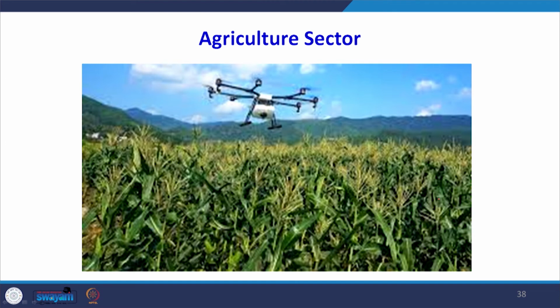Then you see the agriculture sector. It is a big area where drones have found very useful applications, whether we are talking of mapping the crops in the area, monitoring the health of the crop in different growing seasons, or estimating the crop yield from a particular field in advance. Suppose the crop is not healthy or gets some diseases, then some measures could be taken well in advance so that the crop can be protected.